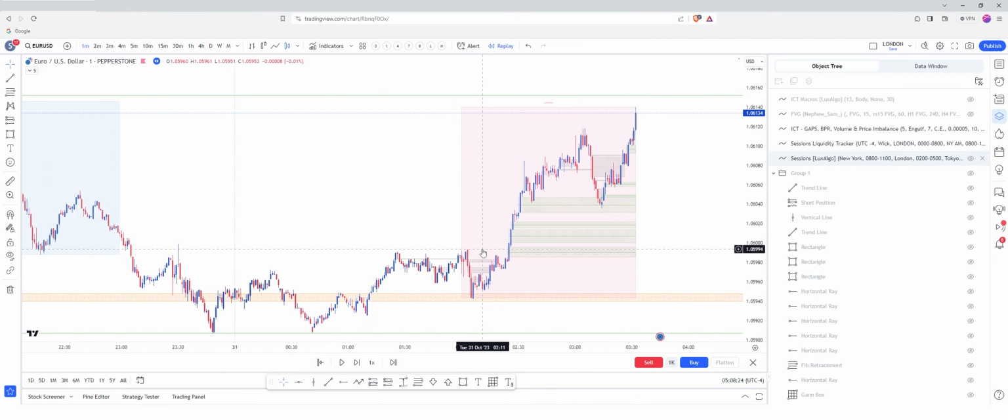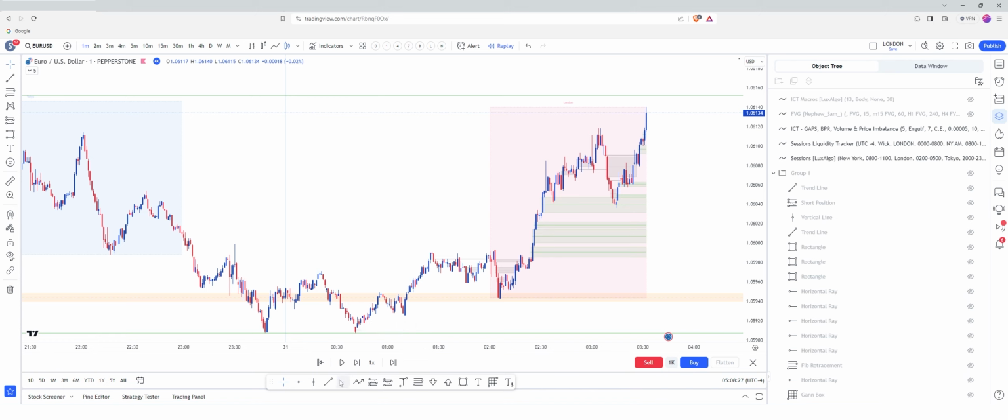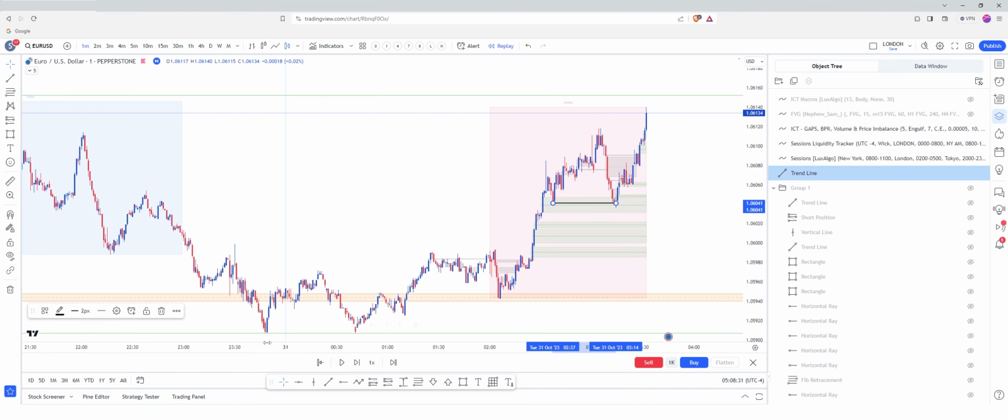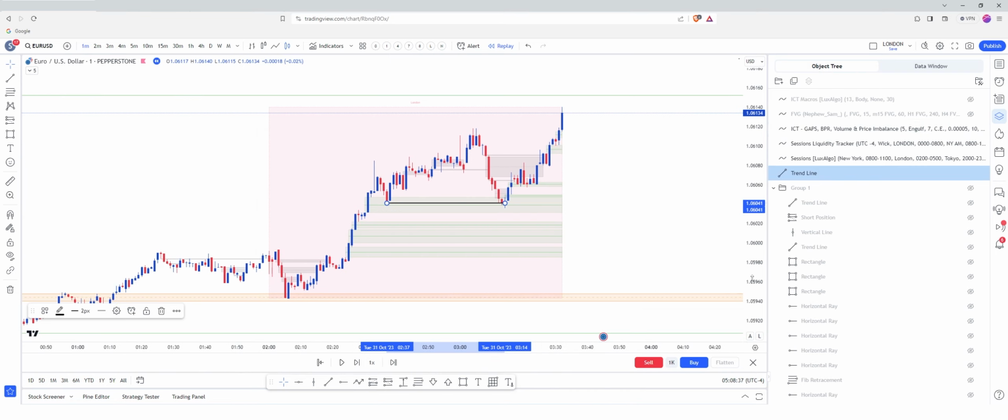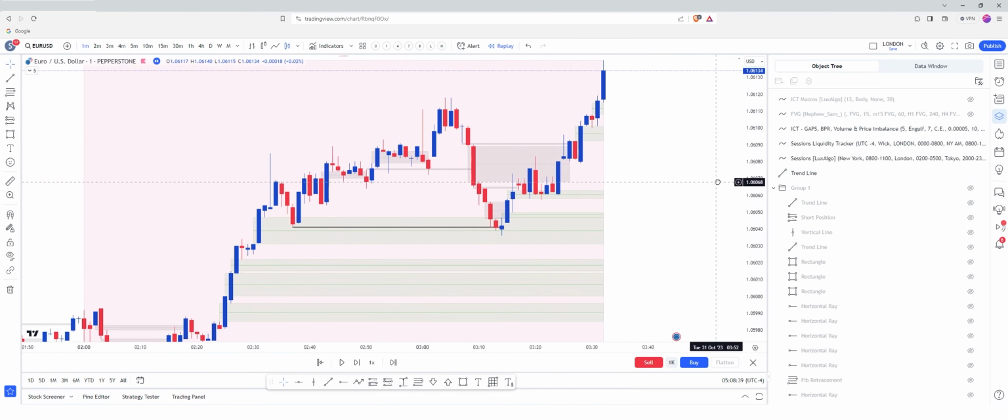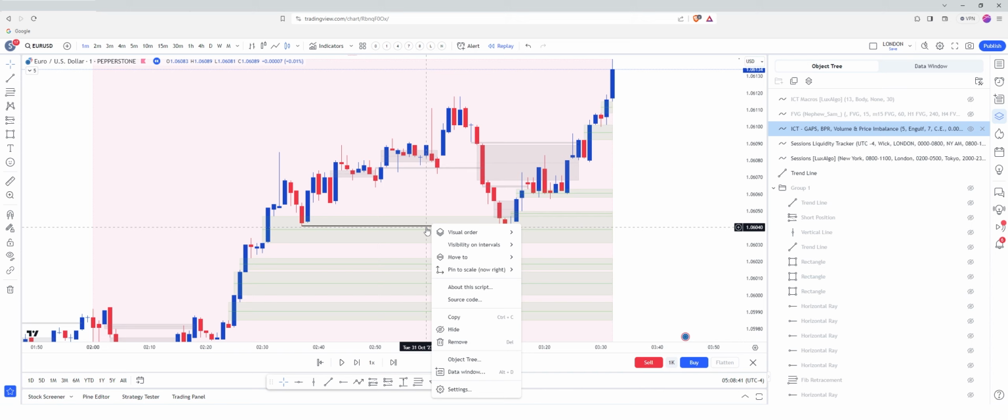So we have now identified that the draw on liquidity I initially thought, which was these relative equal lows here, is not correct. We do have relative equal highs as our draw on liquidity. So we can switch bias. We've swept a low,